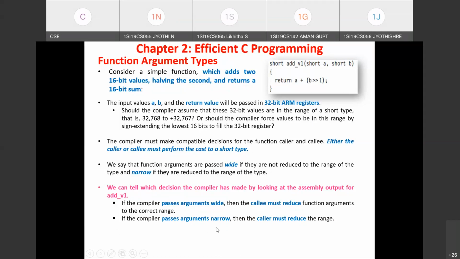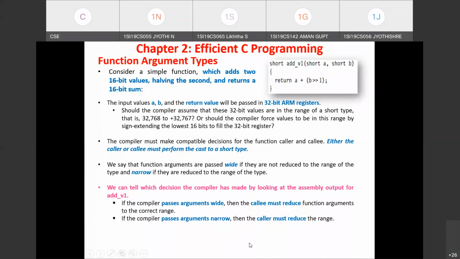So this is with respect to passing the arguments. The compiler can pass the arguments wide, or it can pass the arguments narrow. If it passes them wide, the called function must reduce the function arguments to the correct range. If it passes them narrow, the range has already been reduced in the calling function. Similarly, the same thing holds with respect to the return value.